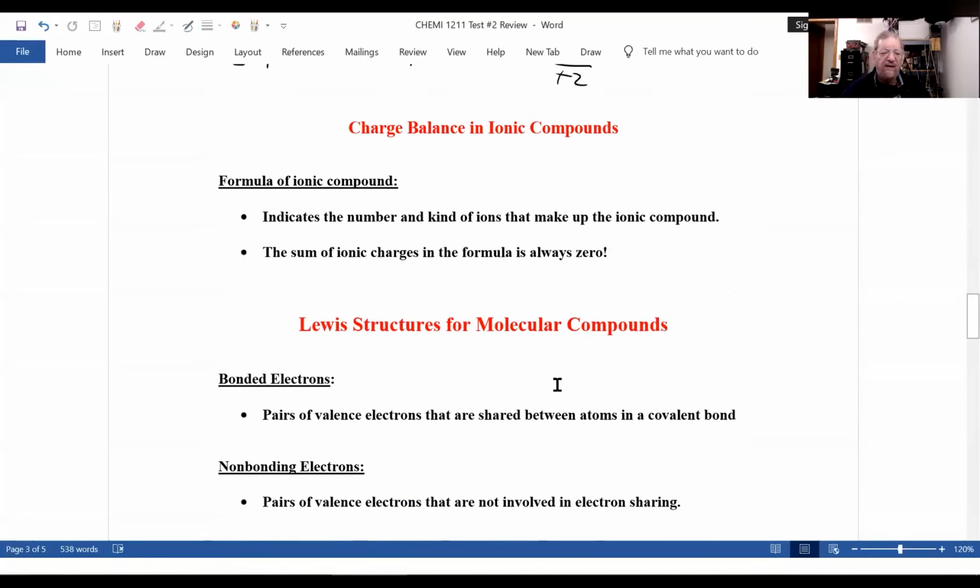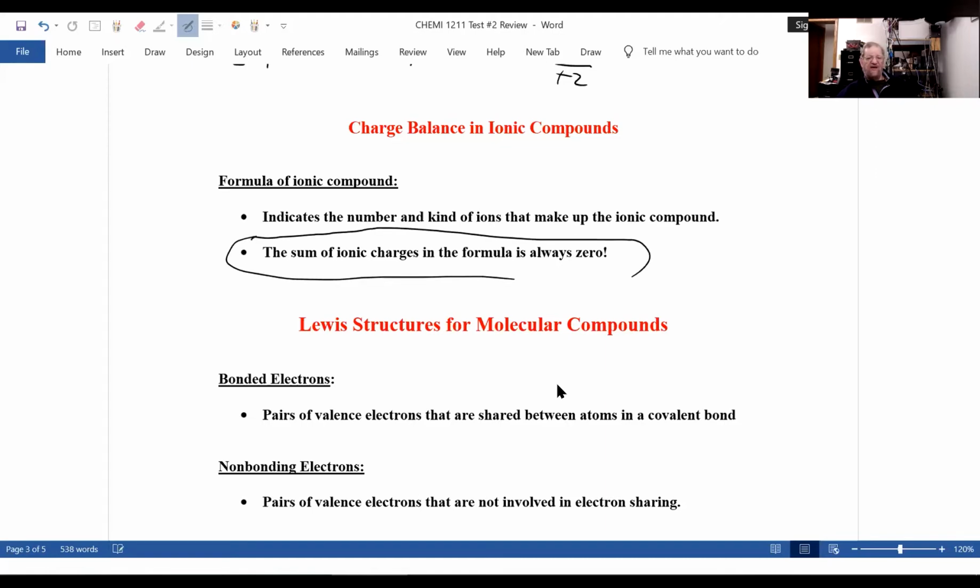Now, an important concept for ionic compounds, actually all molecules, is the fact that for any ionic compound, the sum of all ionic charges must always be 0. All molecules in nature have a net 0 charge. And when you talk about formulas of ionic compounds, it indicates the number and type. So if I were to do the following,